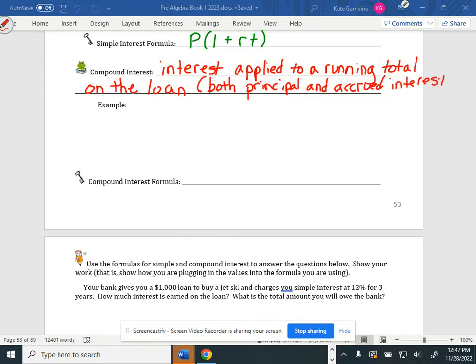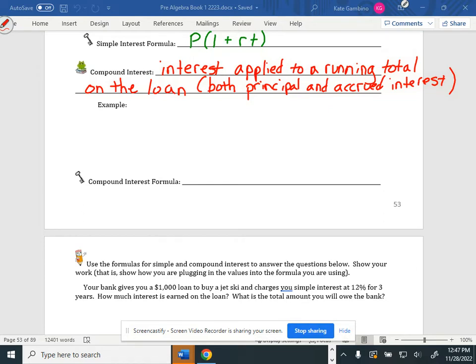So if we looked at that last example of that $100 deposit, after 1 year I had $110, and then I had $120 and $130. Now we're going to say, ooh, I had $100, then I had $110. Now I'm going to find what the interest is on $110. And then you find out what that would be at 2 years. So we have to combine the interest and the principal together. So let me show you how that works. Like I said, compound is a little more complicated. But once we know the formula and how to work with it, we can figure this out.